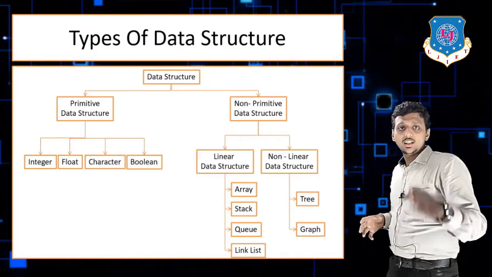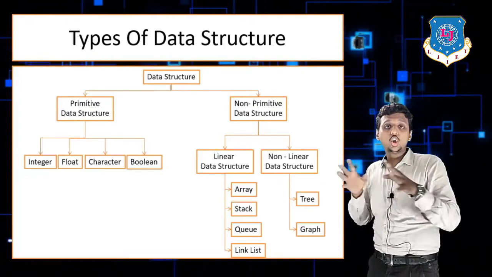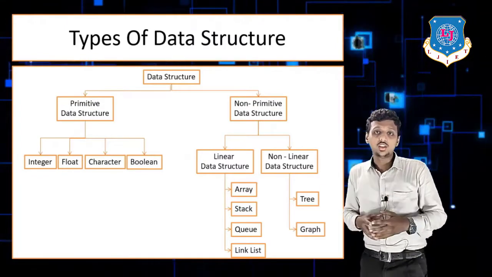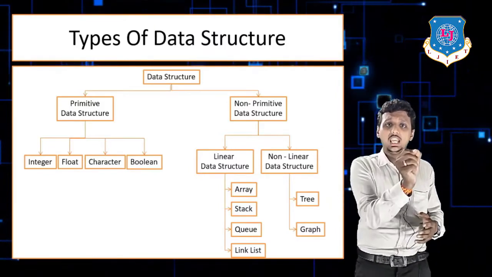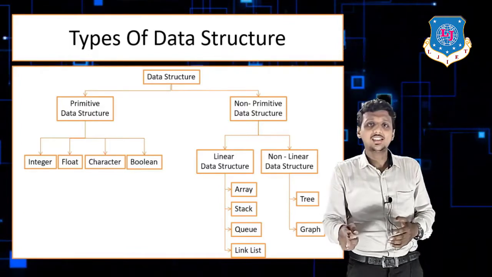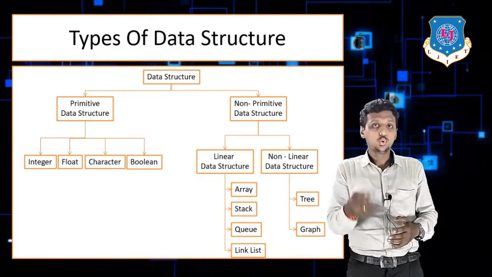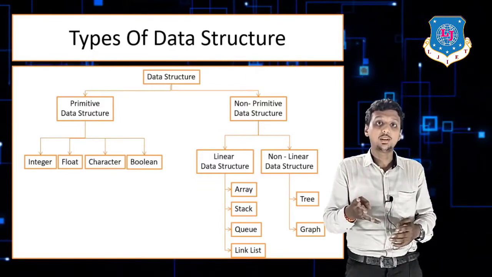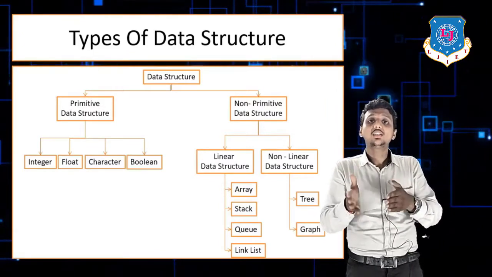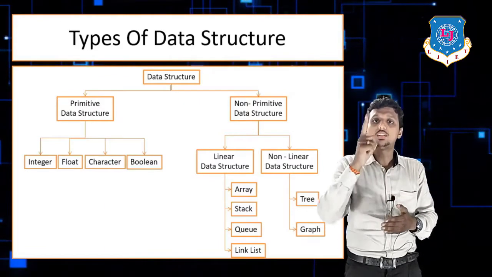Before that, let me tell you that non-primitive data structure means the data structure which is not directly operated by machine level instructions. Suppose students, if you write integer a, then the computer can easily understand that a variable consumes 2 bytes in the memory. If it is float, then it might consume 4 bytes in the memory. So integer and float, when you're declaring such types, can be directly understood by the machine level instructions. Such data structures are known as primitive data structure.